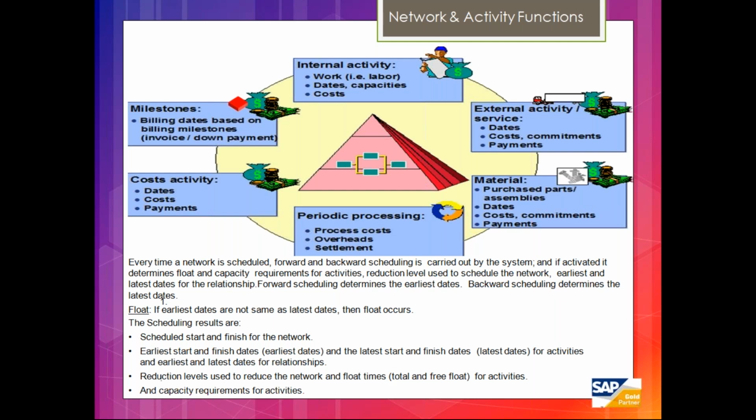Along with that, we have milestone functionalities. As per your business requirement, you can configure those milestones, and any BOM component or material component, if you want, you can attach against any network activities. Based on that, you can do MRP or reservations, or you can create a purchase requisition or purchase orders. Those kinds of activities can be performed against these activities. Also, we do the period-ending processes like overhead settlements and POC calculations, all of which can be done against these networks and network activities.